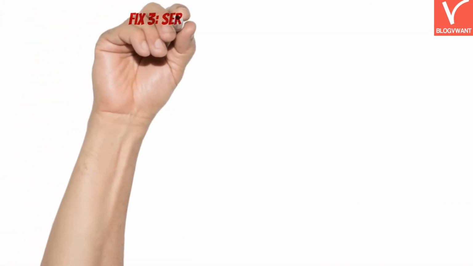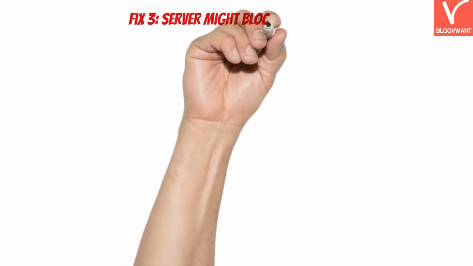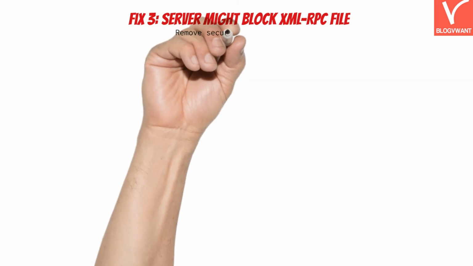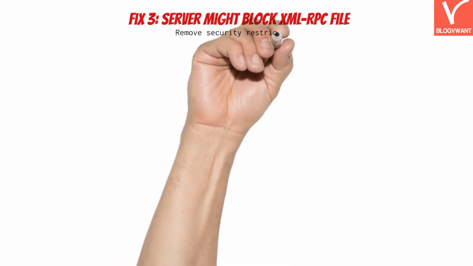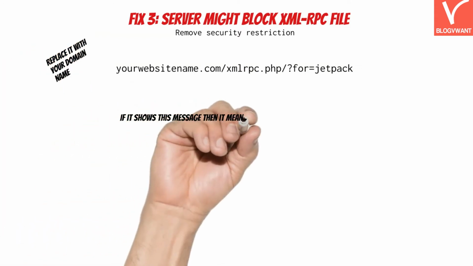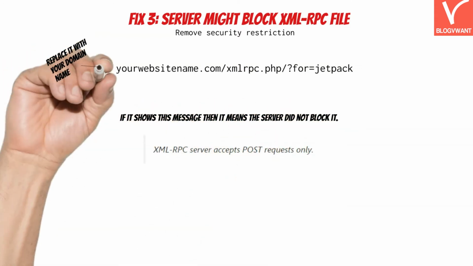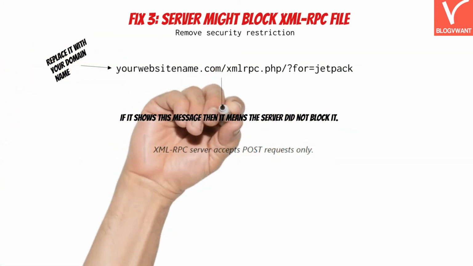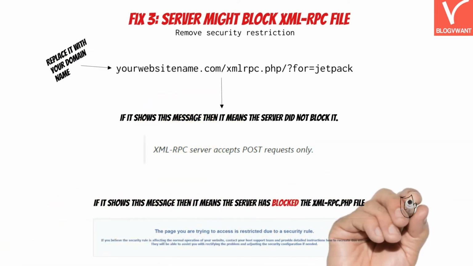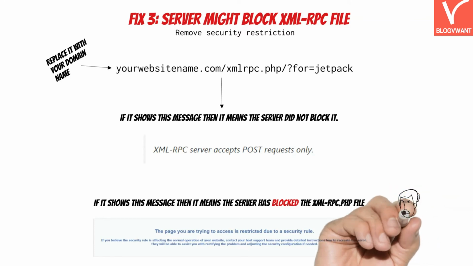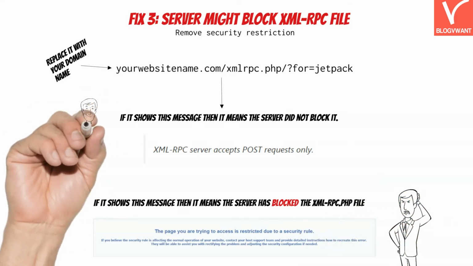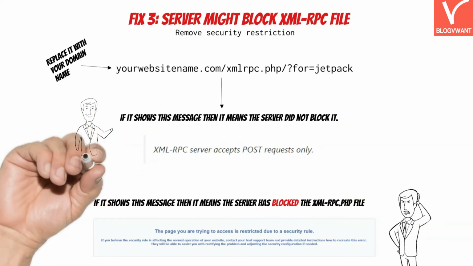Fix number 3, remove the security restriction of the server. Now there are chances that due to security purposes, your website server has blocked access to the XML-RPC.php file. To confirm it, just open up the browser and enter this URL, yourwebsitename.com/xml-rpc.php/?for=jetpack. When you enter it and it shows this message, then it means the server did not block it. But in case something related to this security message comes up, then yes, your hosting server has blocked